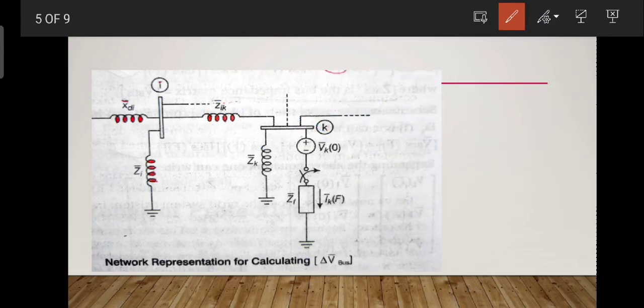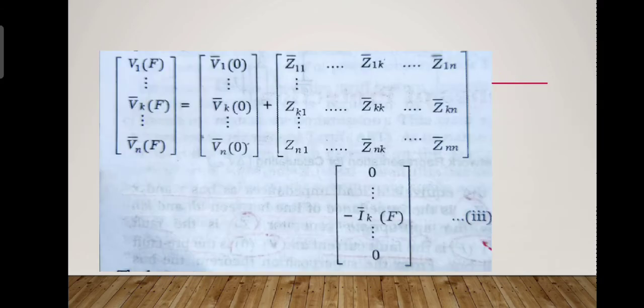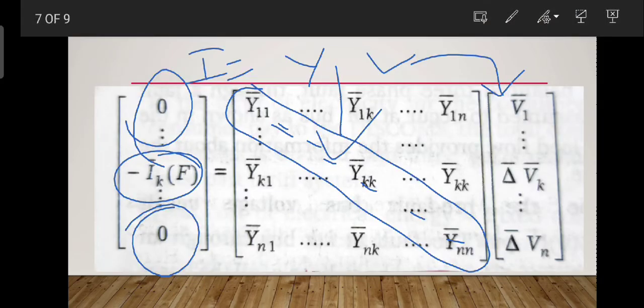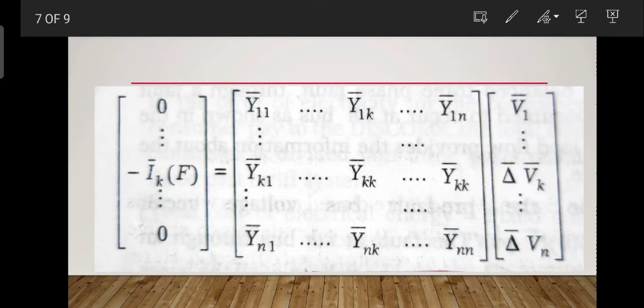Here Z bus is the bus impedance matrix, which is Y bus inverse. Substituting the expression of del V bus from equation number 2, whatever we have calculated in the previous equation, equation 1 can be written as,